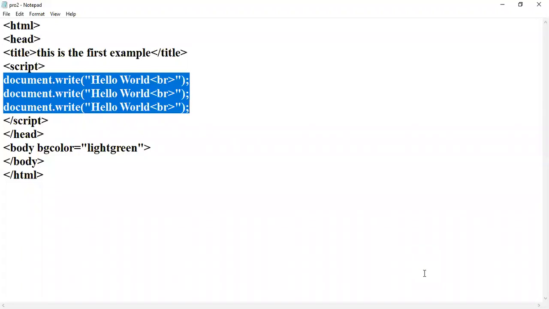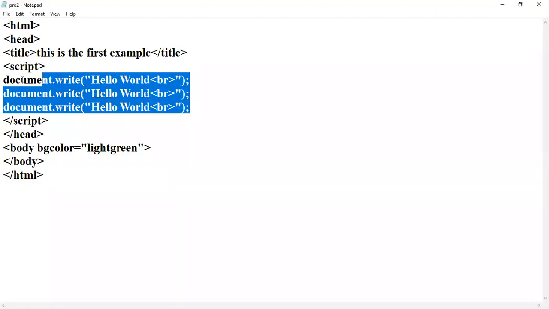So this is the very first example of JavaScript, right? Like this I can use any variable. Suppose I want the addition of 2 numbers, or I want to print a variable name. I can do that, right? Can you see this notepad here? Now here I will declare a variable.